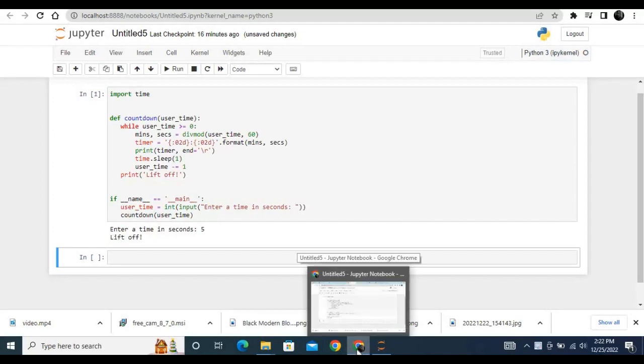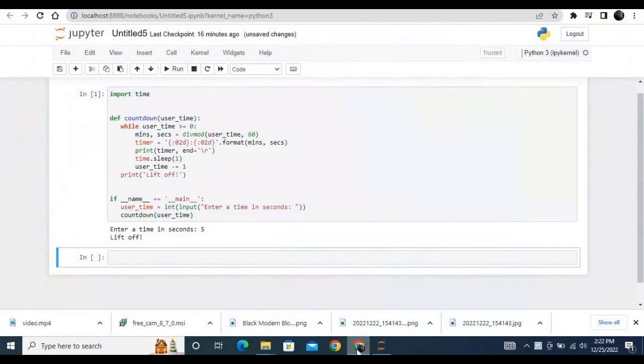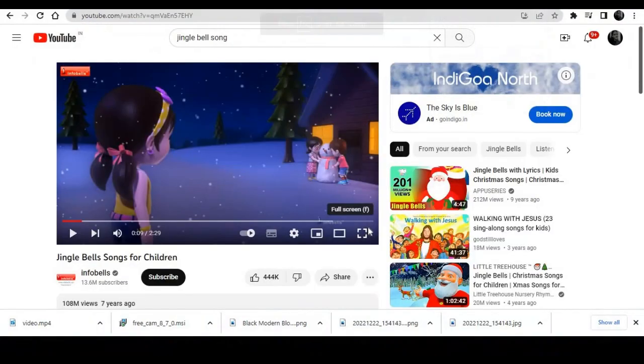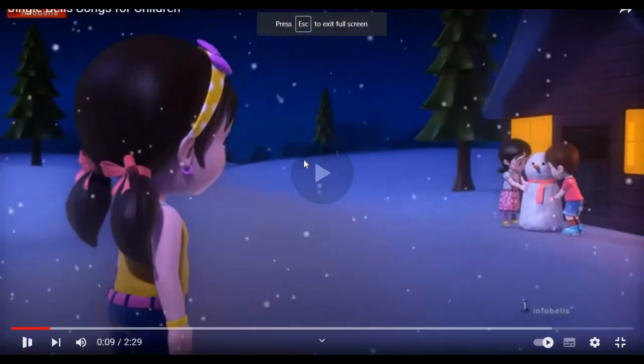So a big surprise for you guys. Finally, our code is working for the countdown timer. So let me wish you a very